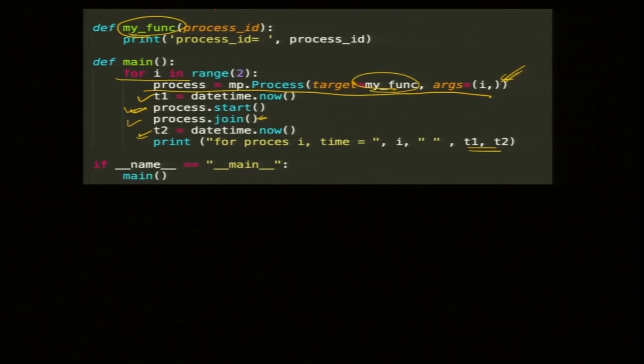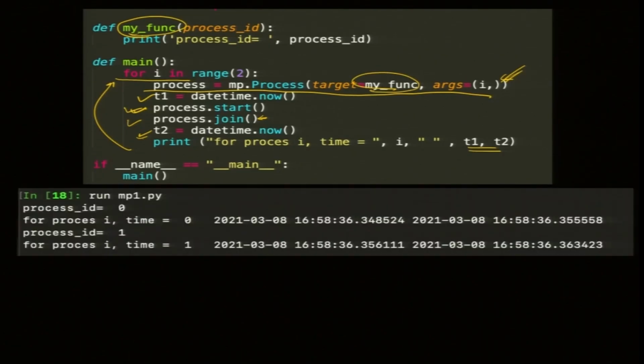Okay, and then it goes to the second i, does the same thing again. So, in this case, is there overlap between the two processes or no? No overlap. In fact, you can see the timing. The starting point was 36.34 and 36.35, we just printed, did not take long.